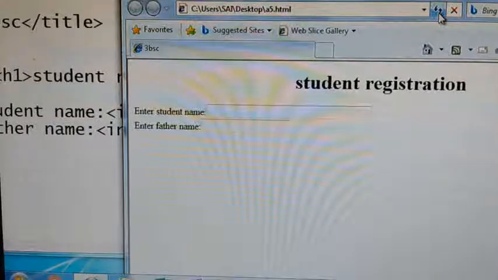Father name, I have given the default size, no? I think it is only 20 characters. So that is why the box is small. For the student name, I have given the size of the box, 40 characters length. So that is why the size of the student name input field is more.